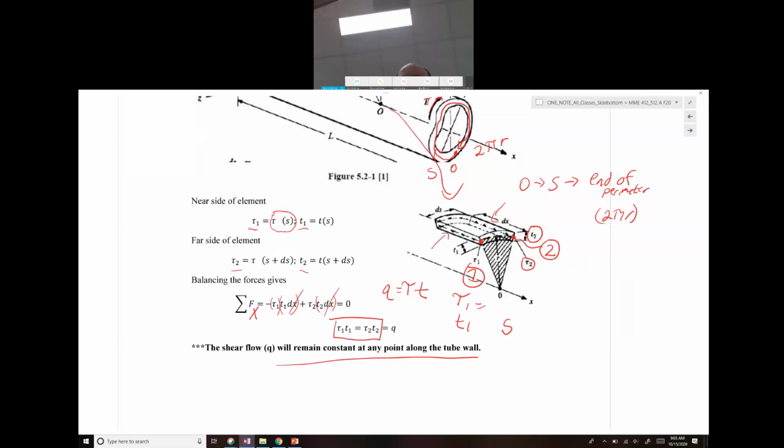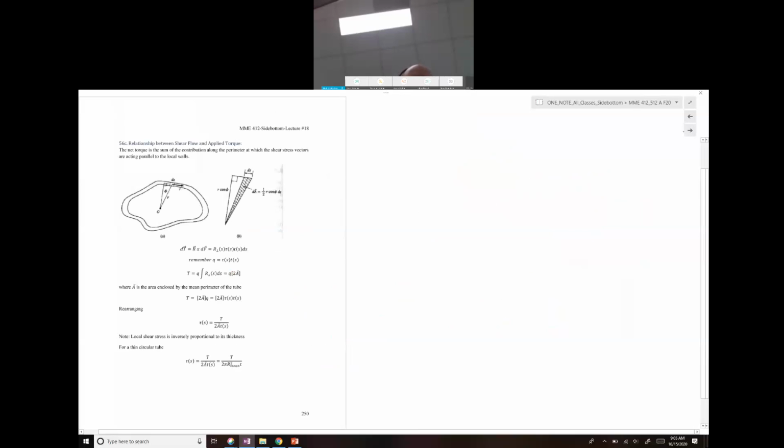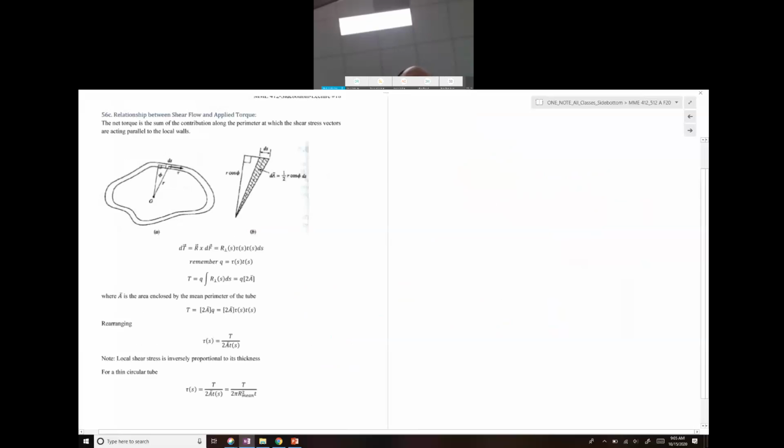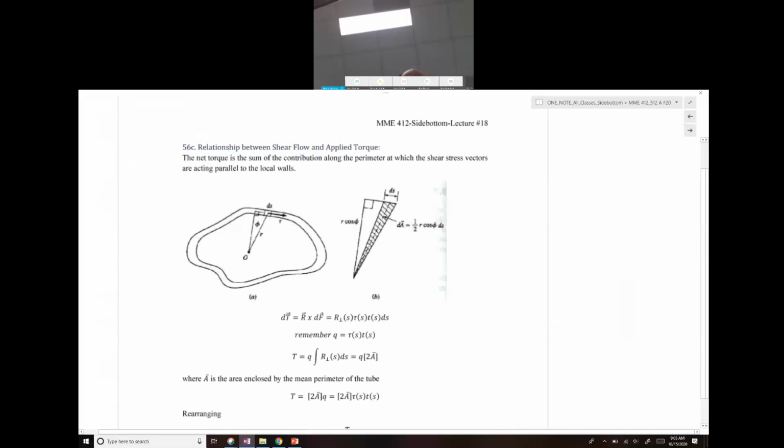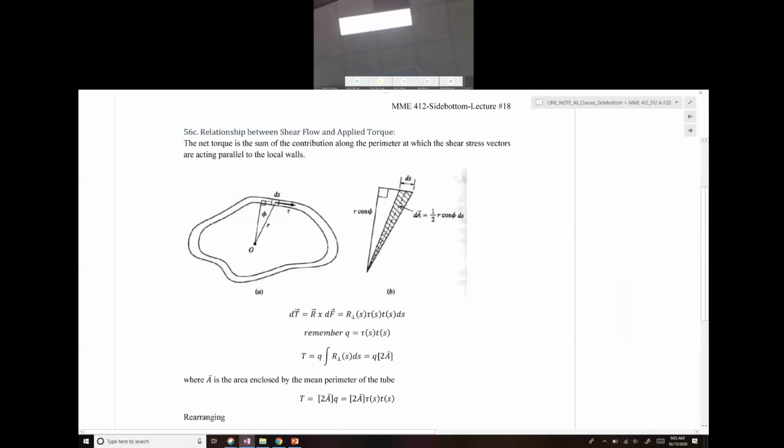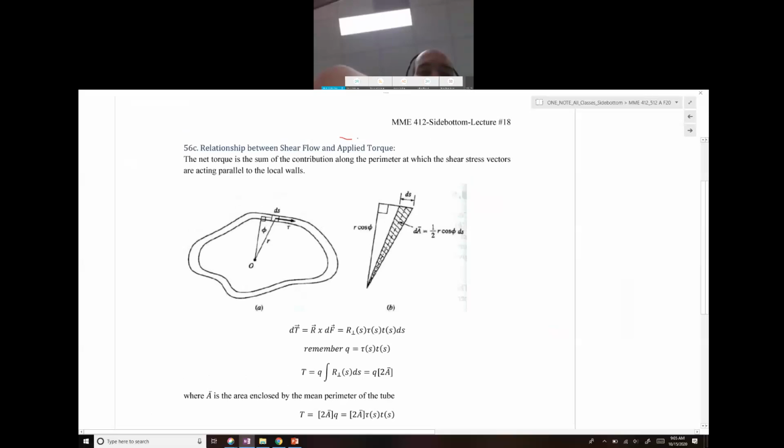All right, so we go to the next section here. All right. So we know. So if we have a shear, from the last section,